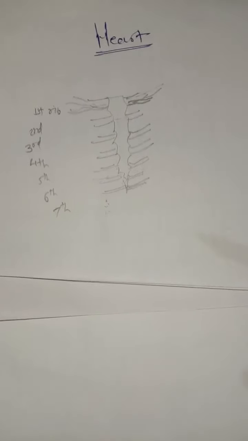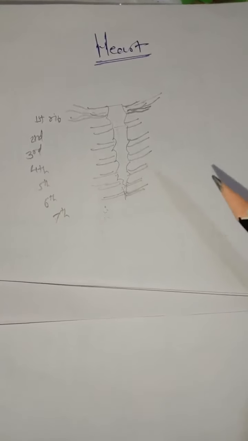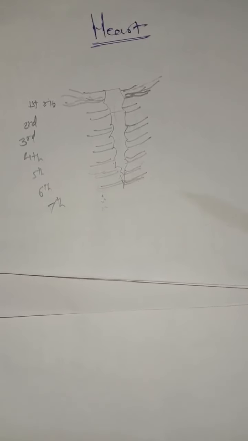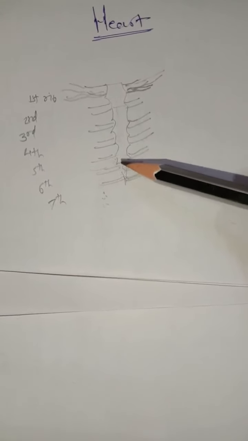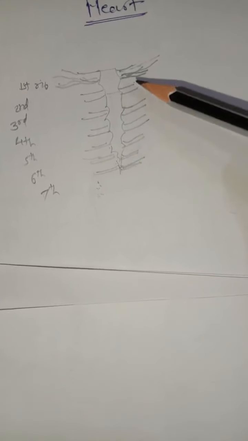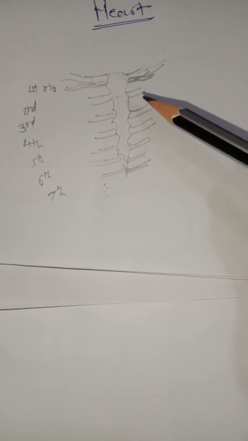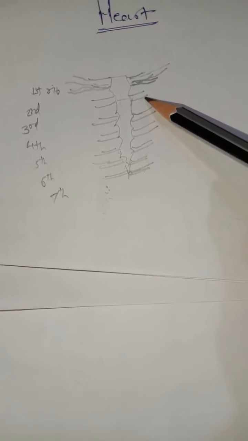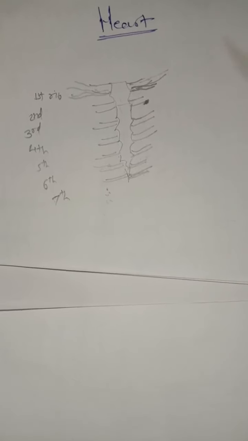First, it consists of 4 points which are joined to form the surface anatomy of the heart. The first point should be taken ½ inch from the costal margin, at the second costal cartilage. Here is the first costal cartilage and this is the second costal cartilage. From the costal margin, take ½ inch on the lower side of the first costal cartilage.